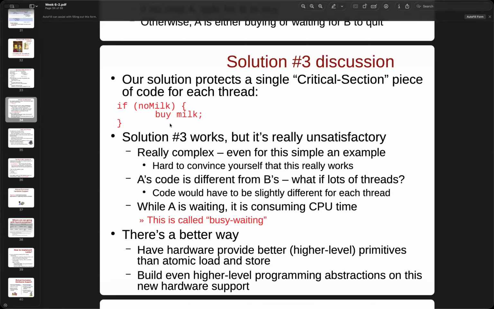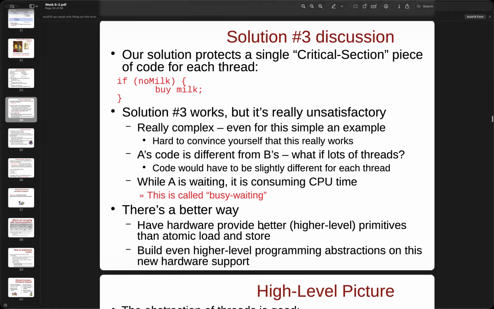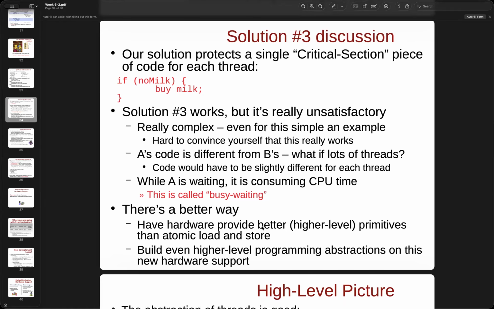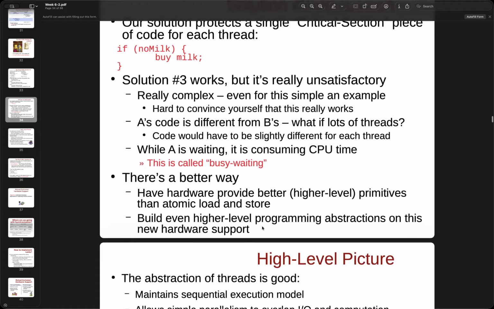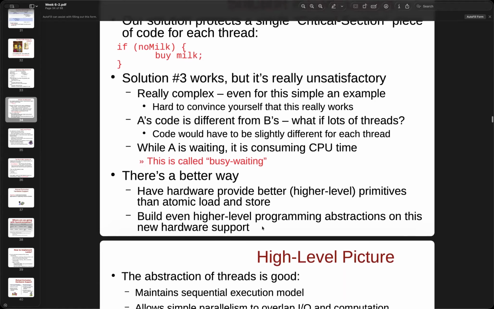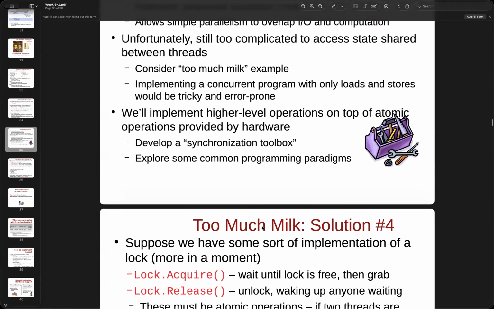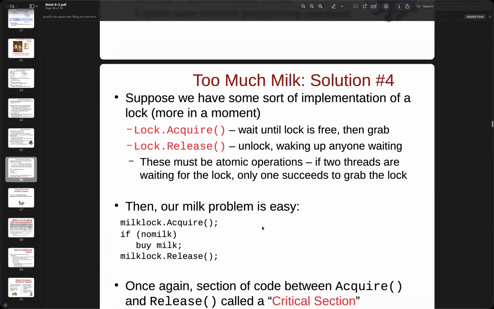But for the no milk case, this is maybe not that perfect. It's also complex, so we need to wait for it. That is called busy waiting. So we want to come up with a better way, with better performance and support. That's why we come to a fourth solution.